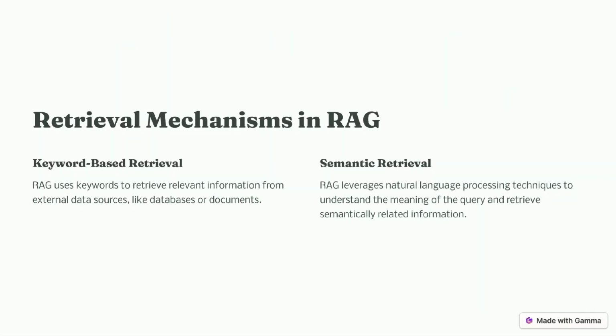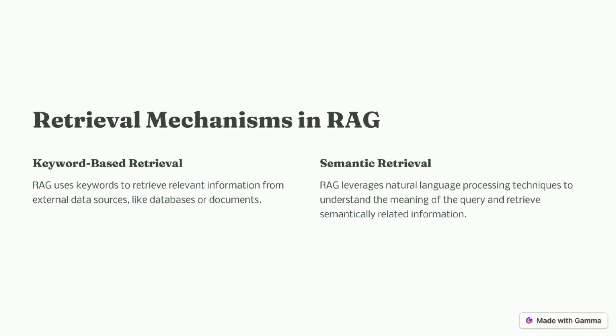RAG uses two main methods to retrieve information. 1. Keyword-based retrieval. It searches for documents or data using keywords from your query. 2. Semantic retrieval. It understands the meaning of your query and finds related information, even if the exact keywords aren't used. If you ask how do plants make food, RAG might retrieve information about photosynthesis, even if the word photosynthesis